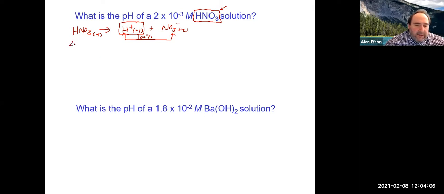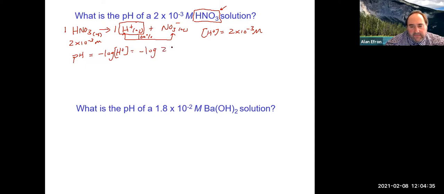Since the whole thing here is 2 times 10 to the minus 3 molar, it is a 1-to-1 relationship between the H plus concentration and the nitric acid, which means the H plus concentration should be 2 times 10 to the minus 3. That's all we need to go into our pH, which is minus the log of the H plus concentration, giving us minus the log of 2 times 10 to the minus 3. That's minus log 2, then the exponent, minus 3, and it looks like